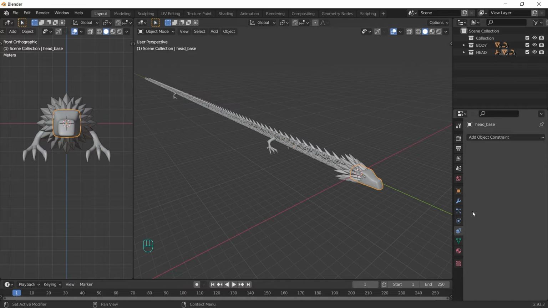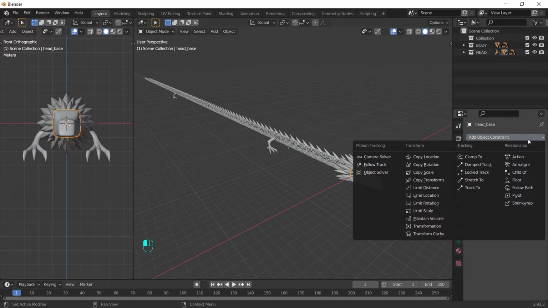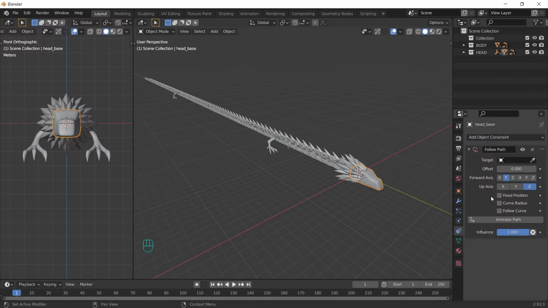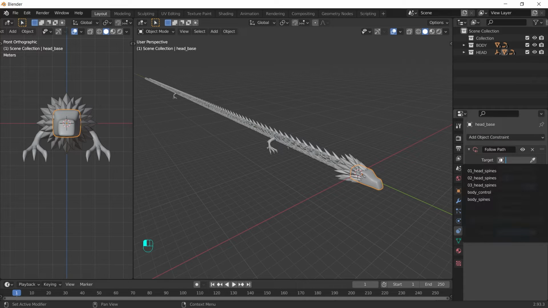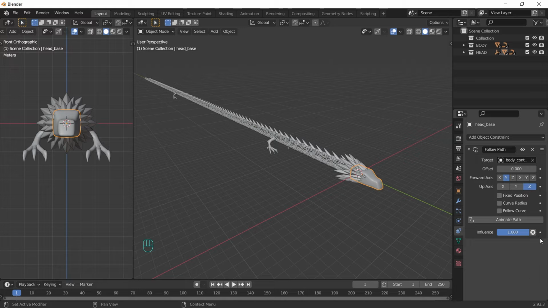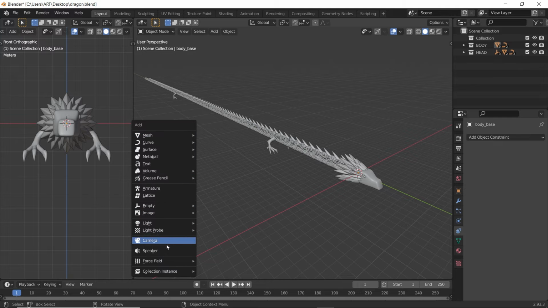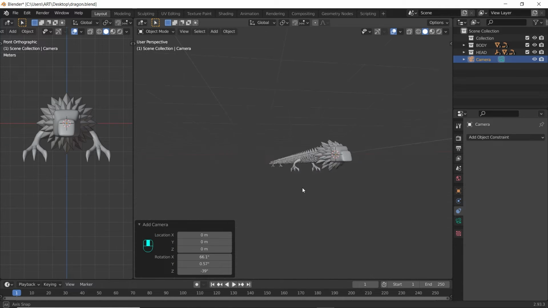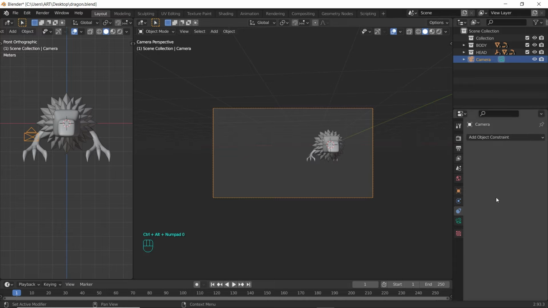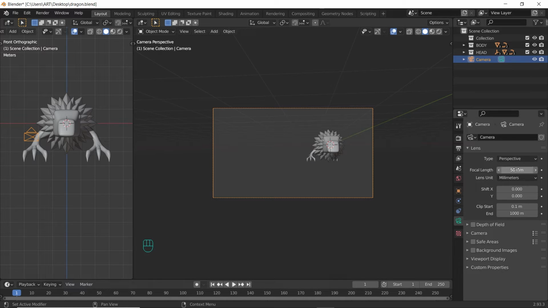Same constraint for the head, but we don't use any offset for now. It's good to save what we have. Add a camera, find some nice spot, snap it to the view, change the focal length to 35mm,